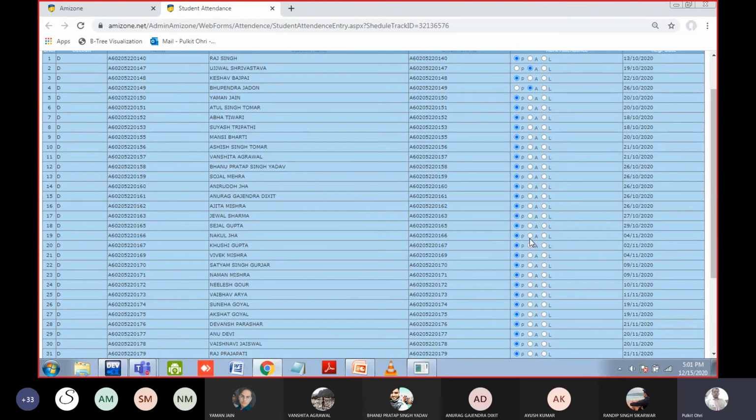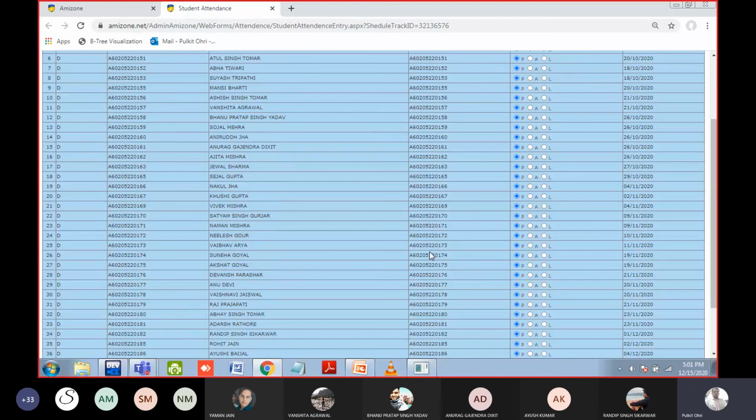Nakul, Nakul Jha, yes, sir. He is attending. Khushi is there. Vivek, Vivek Mishra, no. Sir, Vivek present, sir. Sir, Vivek is Satyam, Satyam present, sir. Naman is there. Nilesh.